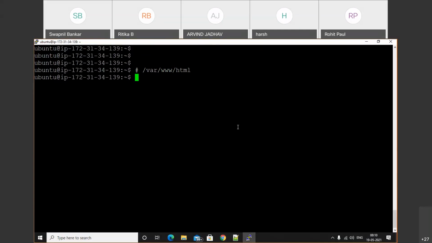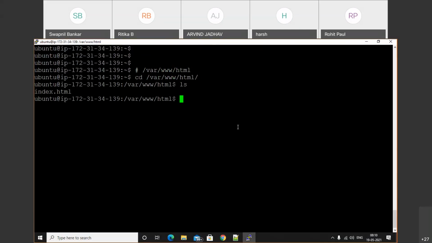This is a folder we get, and in that we get the files. So cd /var/www/html. We all know that ls is used to list out. Just read that file with the cat command, index.html.